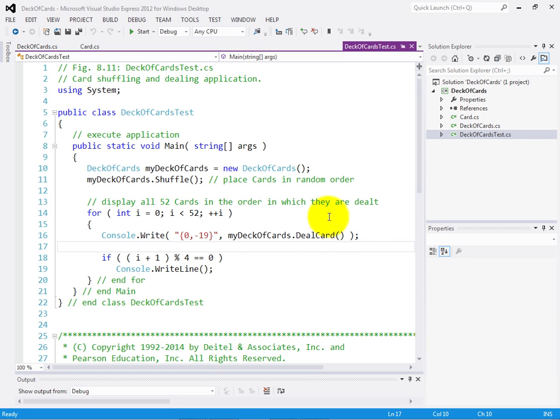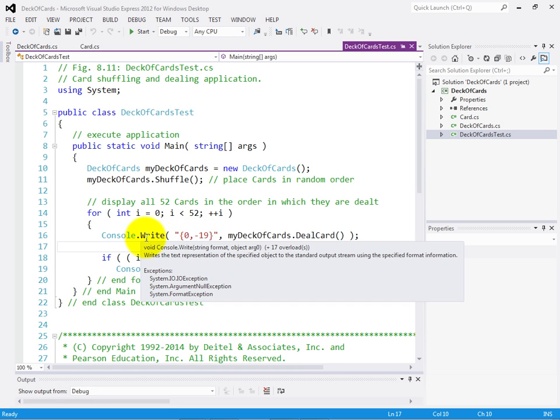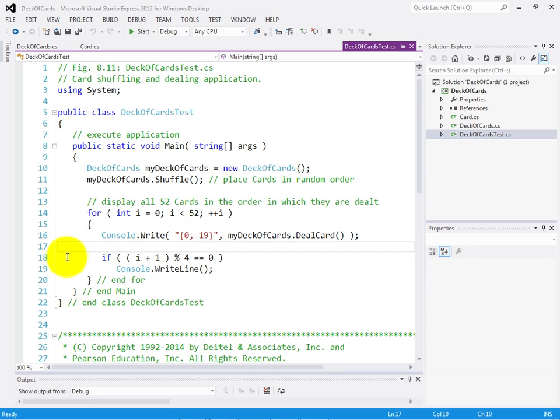So what actually happens here is this object that gets returned, which is one card in my deck of cards, is going to have an implicit call to toString on it. That's going to return the string representation of that one card. That string representation will be placed into the placeholder and then displayed with console.write. After I've displayed 4 of them, I'll then move to the next line so I can display 4 more items.